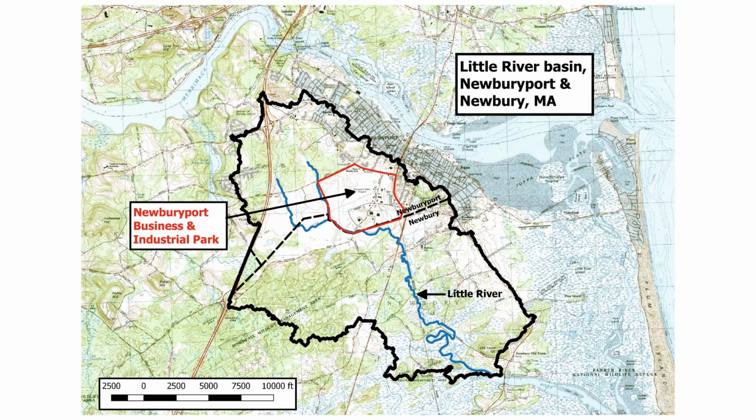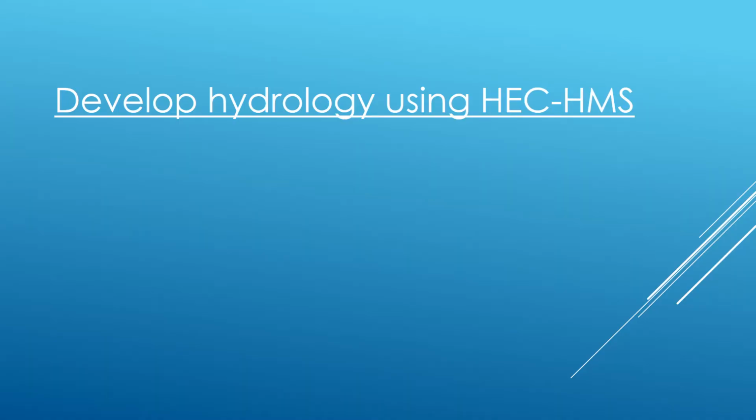The tidally influenced Little River is tributary to the Parker River. The Parker River flows through Plum Island Sound and into Ipswich Bay and then into the Atlantic Ocean. Drainage area of the Little River Basin is 10.9 square miles. Now, we don't have any stream flow measuring gauges on the Little River, so hydrology is going to have to be developed another way. I'm going to do it using